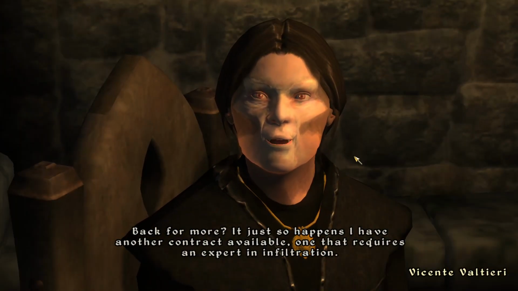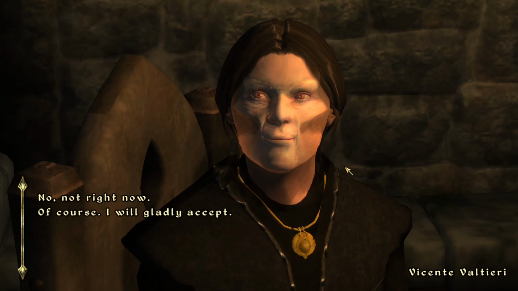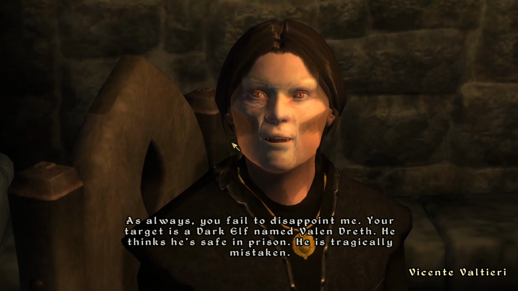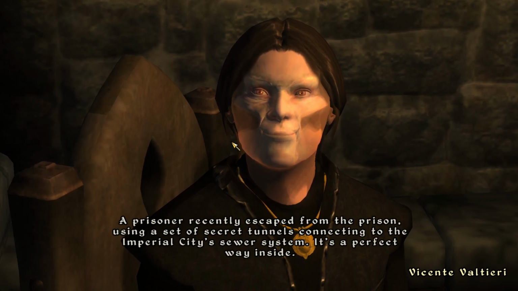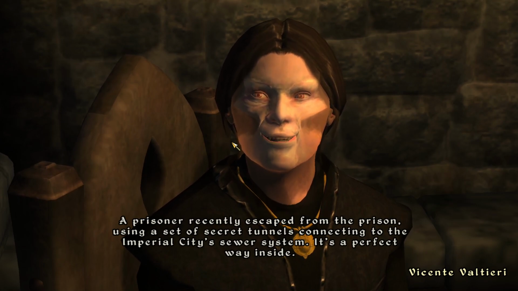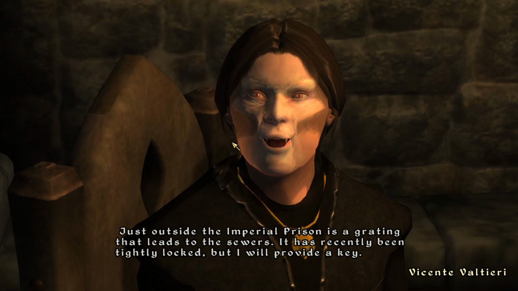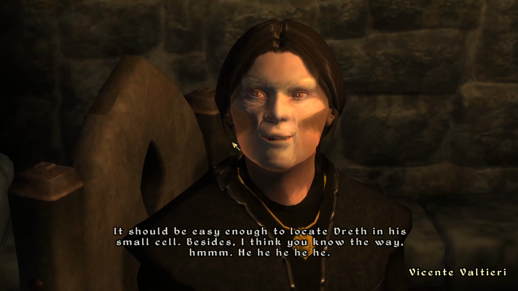Back for more? It just so happens I have another contract available, one that requires an expert in infiltration. Well, that's good, because I am literally the Grey Fox. As always, you fail to disappoint me. Your target is a dark elf named Valen Dreth. He thinks he's safe in prison. He is tragically mistaken. A prisoner recently escaped from the prison using a set of secret tunnels connected to the Imperial City's sewer system. It's a perfect way inside. Just outside the Imperial prison is a grating that leads to the sewers. It has recently been tightly locked, but I will provide a key. It should be easy enough to locate Dreth in his small cell. Besides, I think you know the way,